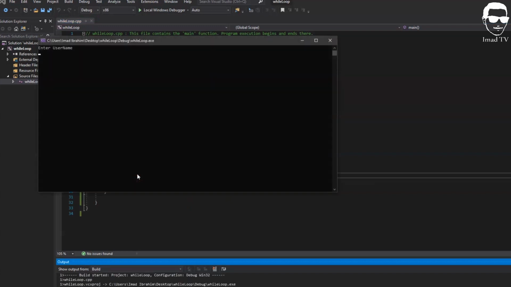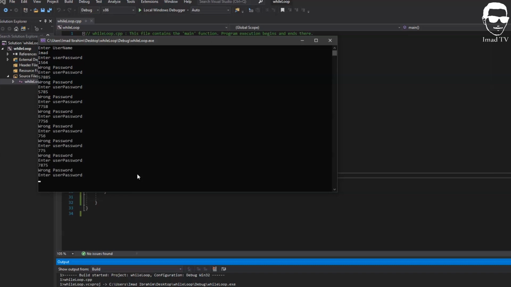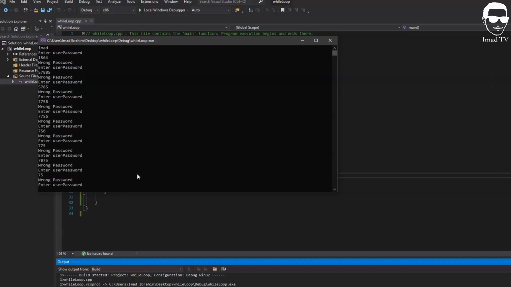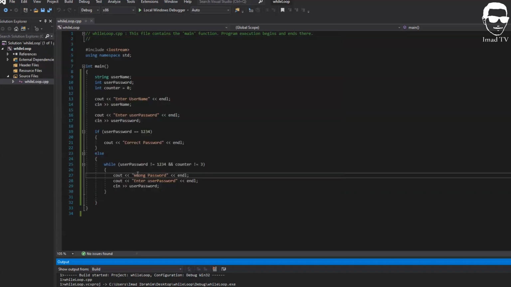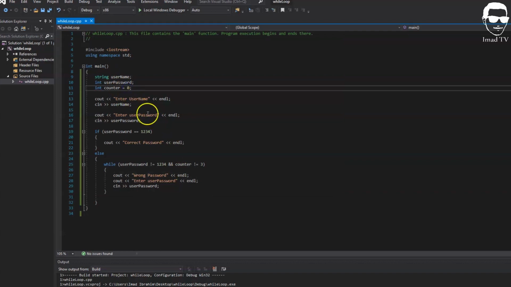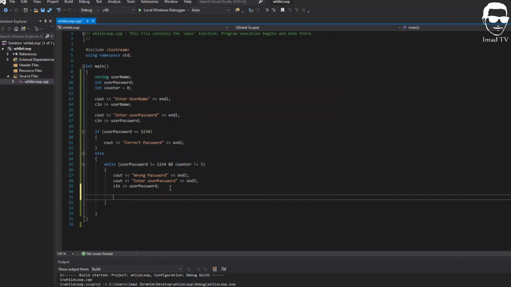Now enter a username, so Imad. Enter a password, a random number: 1, 2, 3, 4, 5, 6. Nothing happened, nothing new. As you can see, I set the counter to 0 and the counter here stays 0 forever until you